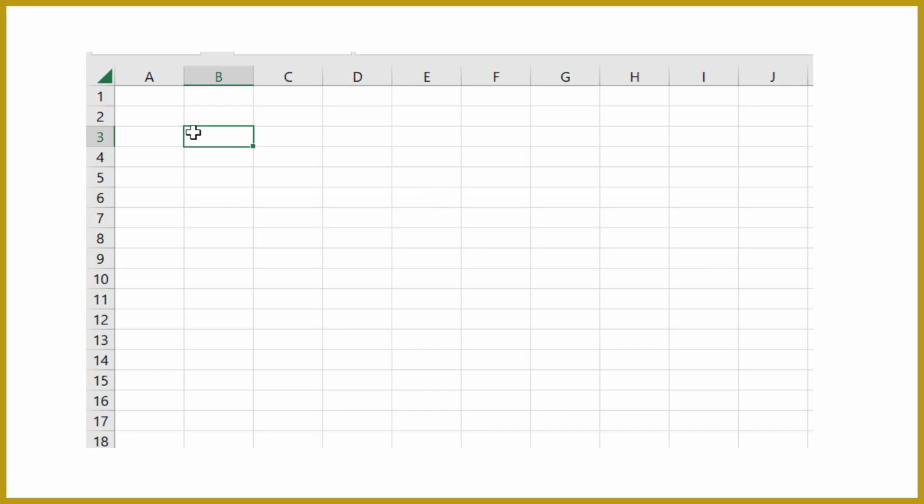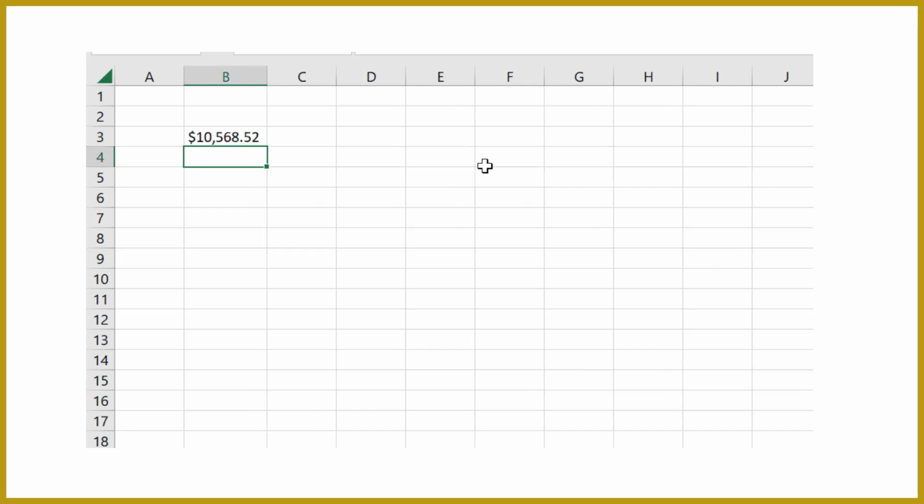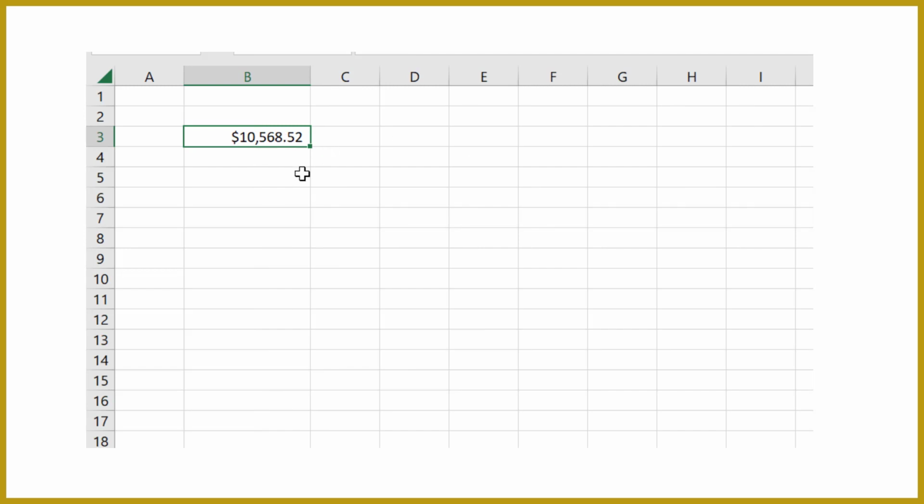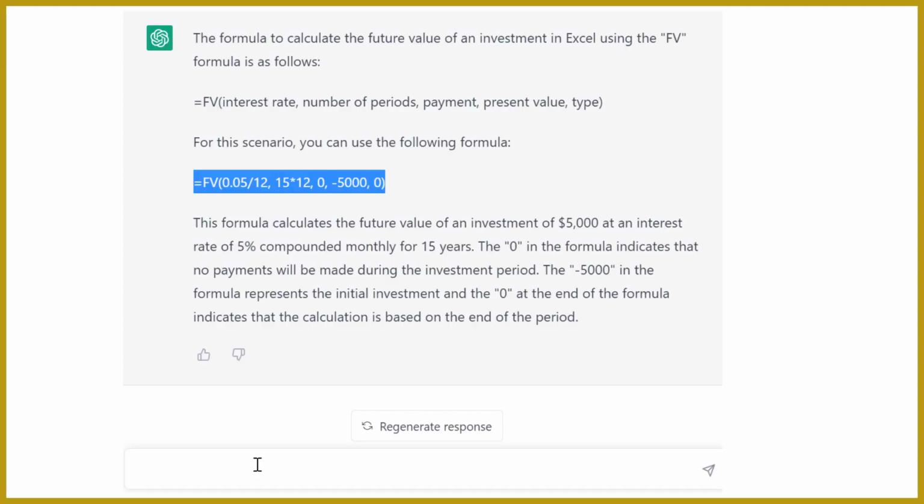So now I'm going into Excel. I'm going to type in the formula and it shows you the result of that formula. And you can go to the next level. Now we just assumed an upfront investment of a one-time $5,000. You can also change this to additional investments, or if you add monthly towards that investment,